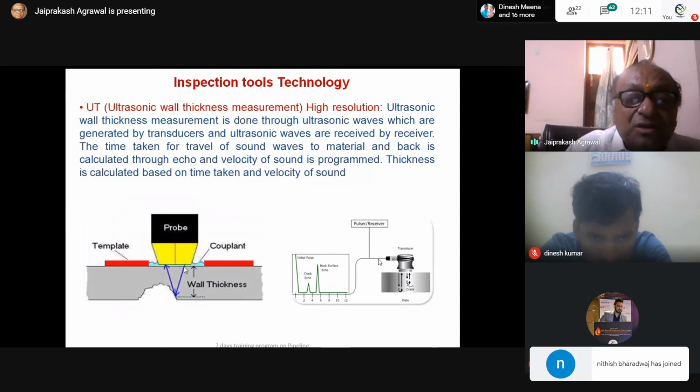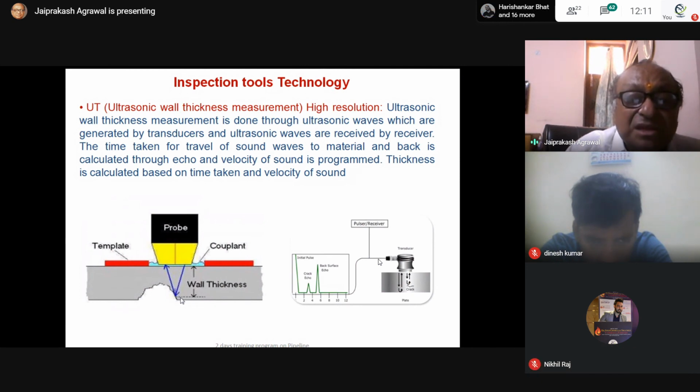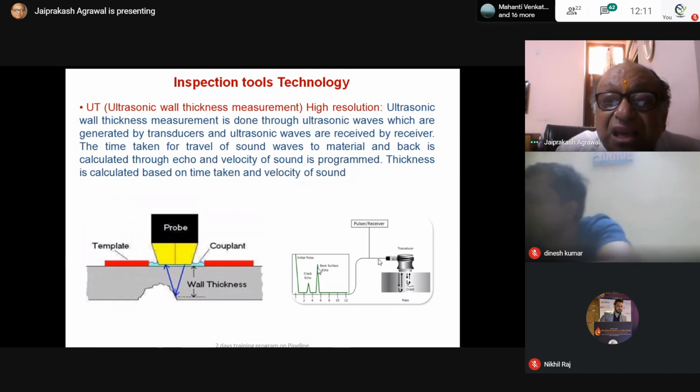Depending upon the sound velocity, if it is returning back from here, it will have travelled some distance. Where there is no thickness reduction, it will take time. Like here in the graph it is seen, here it is taking time to traverse the distance.